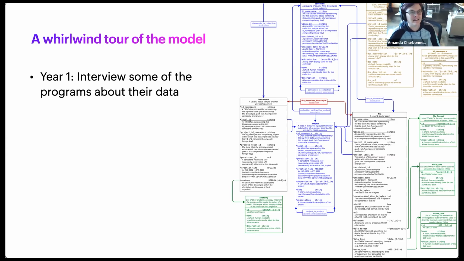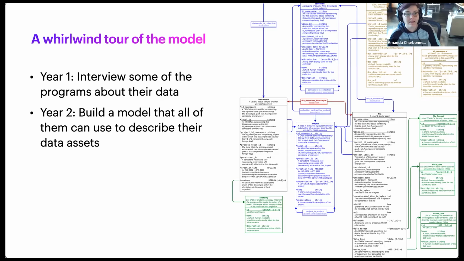So in year one of this project, we went to each of those programs that I showed you the logo for. We physically visited them. We talked to them for a couple of days, asked them everything we could think of about their data and how they store it and what they do, to try to figure out what kind of model would work. And then we built a model that everyone can use to describe their data at their portal or at their place. So we don't move the data. We host a metadata